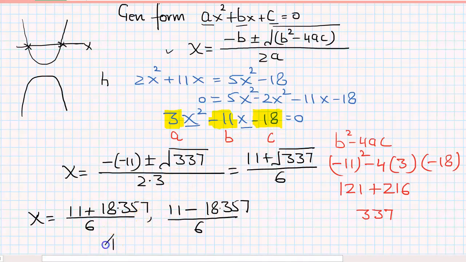So I'm going to write 4.89, and this value is negative 1.23. So that's how we are going to use